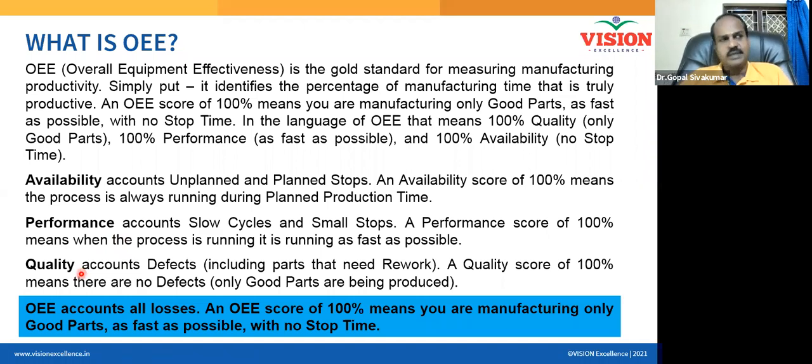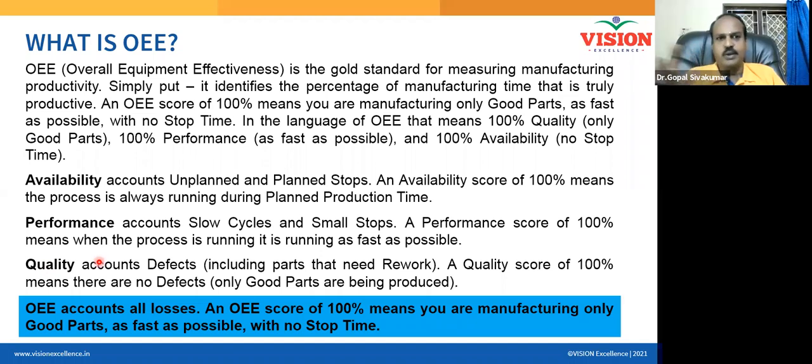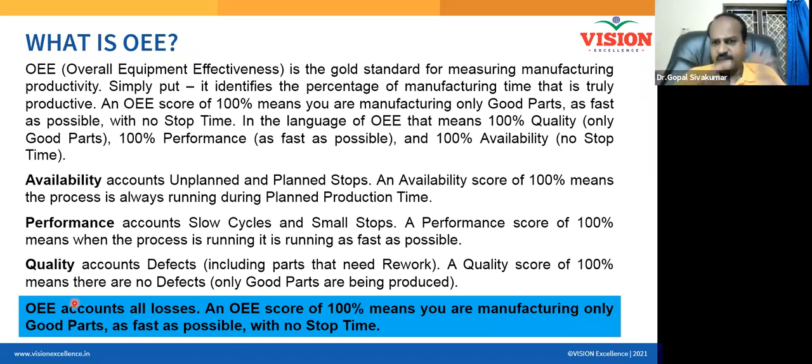And now third thing, quality loss. What is quality loss? I produced 80, but out of the 80, only 40 units are acceptable. 40 units passed in the quality testing. Half of the items are rejected. Now do you understand there is also a quality loss? Am I correct? Yes or no? So 80 you produced, half of them is rejected. So what percentage is the quality loss now? 40%. 40 out of 80 is not 40%. 40 out of 80 is 50%.